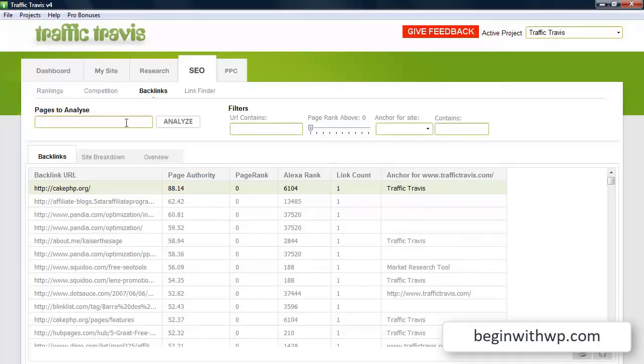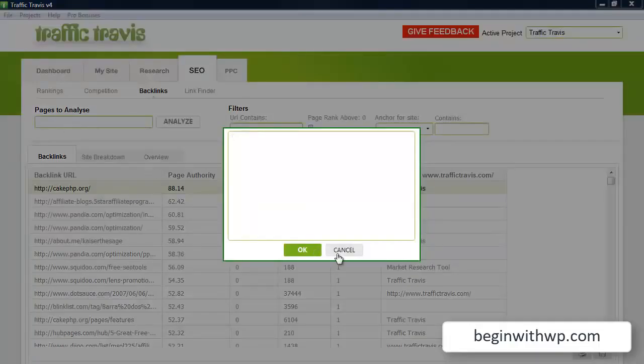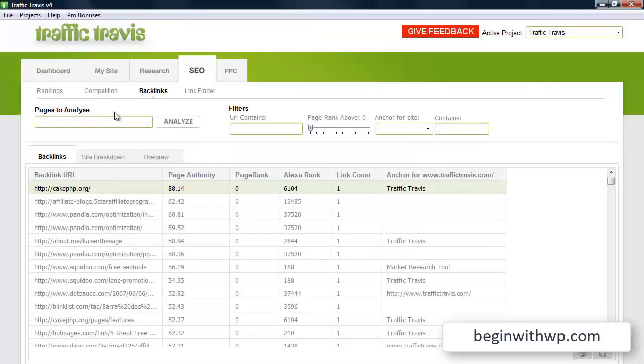I would have liked also that rather than putting in manually the page that you want to analyze, that it could pull in probably from the sitemap or from the domain itself. Well, it can do it from the domain. Maybe another option would be to import the sitemap just to improve this module. A new